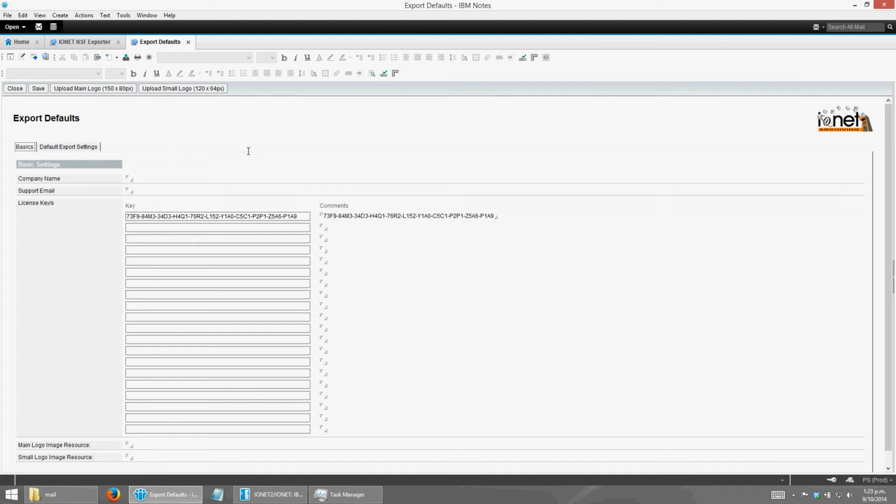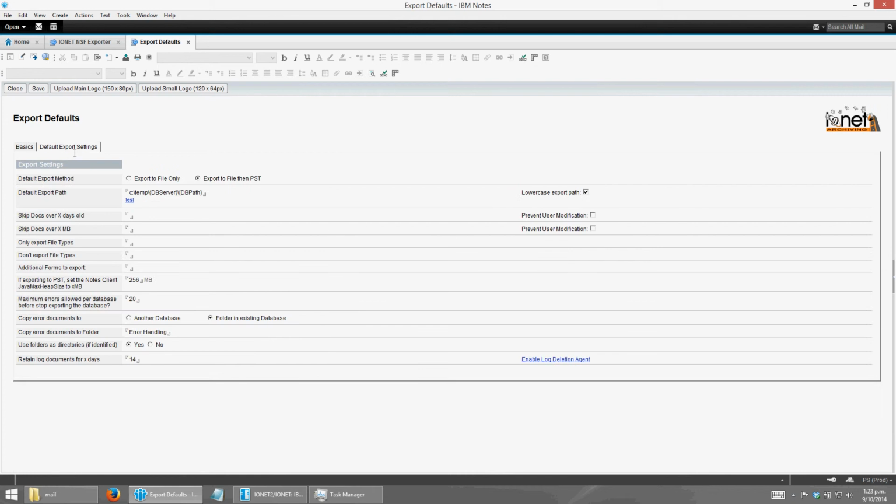The first thing the administrator would do is to set the defaults for the tool. The first tab here allows you to set the UI. The second tab allows you to set the defaults for the export, so the default export method, the export path, and you can use reserved words like the user's temp directory here, whether or not the export should skip documents